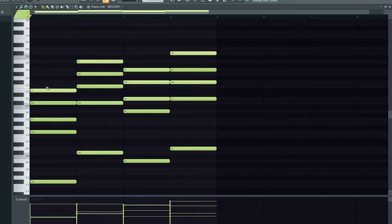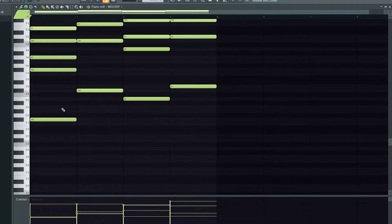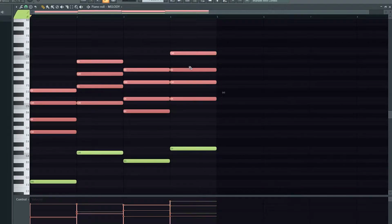1-5-4-6 progression in the F sharp harmonic minor scale. I've taken the root notes as well, and I've turned these into 7th chords. Now that's very jazzy, but I think we can make it a bit jazzier by adding some 9ths, maybe 11ths or 13ths, and doing some inversions just to voice lead a bit better, so these chords flow into each other